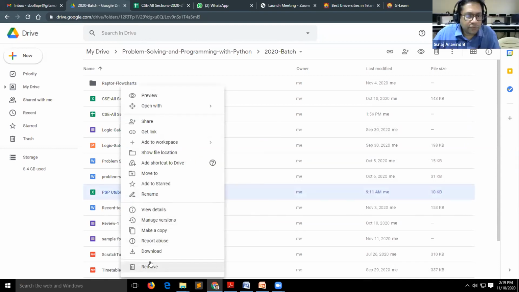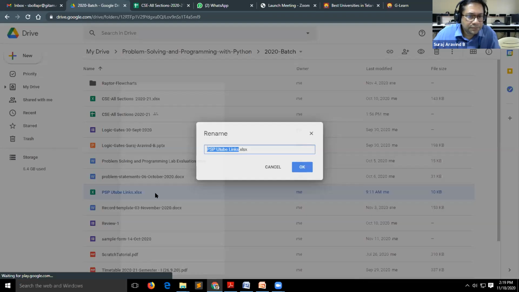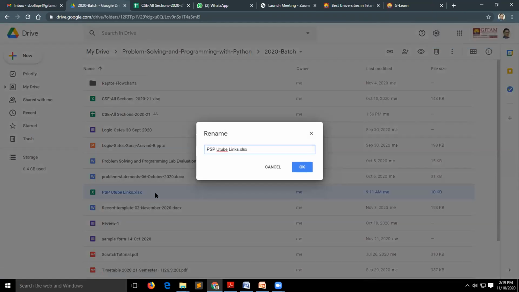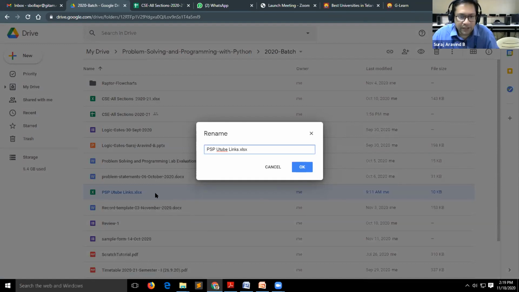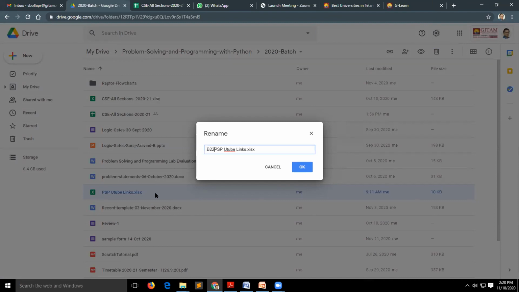We'll modify the name. Sandeep, you can make it public, no? That way everyone can access it. Public means no, we'll share this link with everyone. Let us see whether it is working or not. If we keep it public, then other students, other than our own, can access the classes. So I have given access only to you.